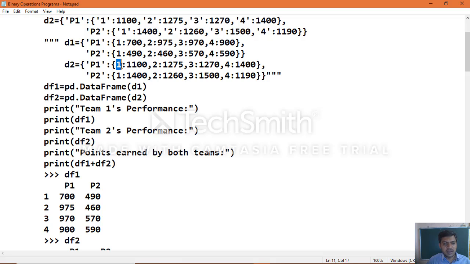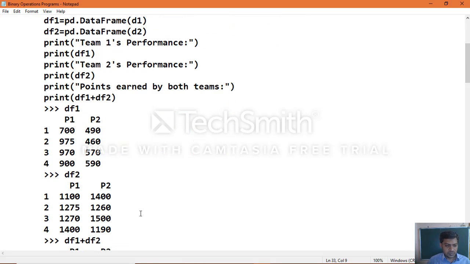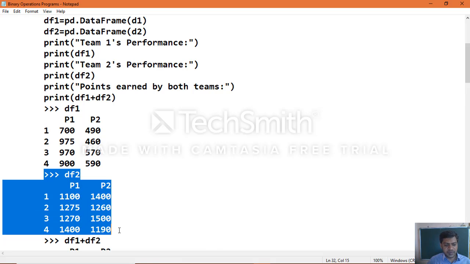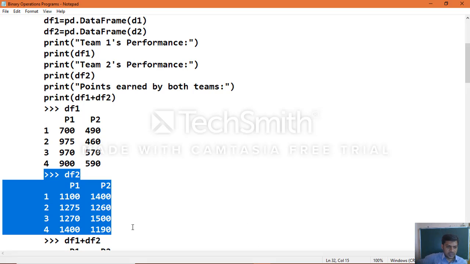When you look at the inner dictionary, 1, 2, 3, then 4, like that, those are represented as row label indexes, general indexes, which you can see clearly. So that is how the df1 object appears; in the same manner df2 also, which you will see as an output, which gives the same manner of output.